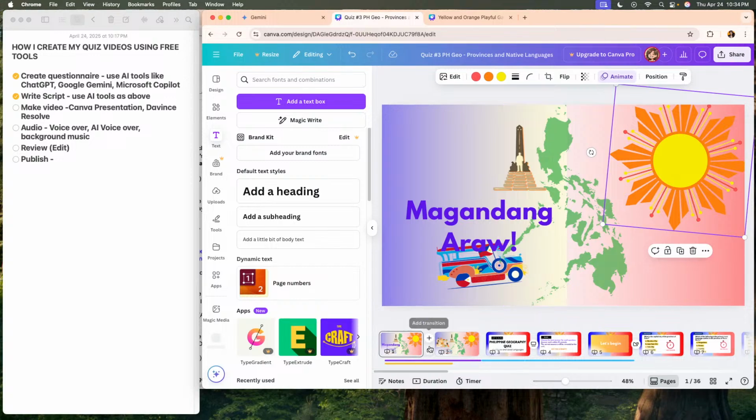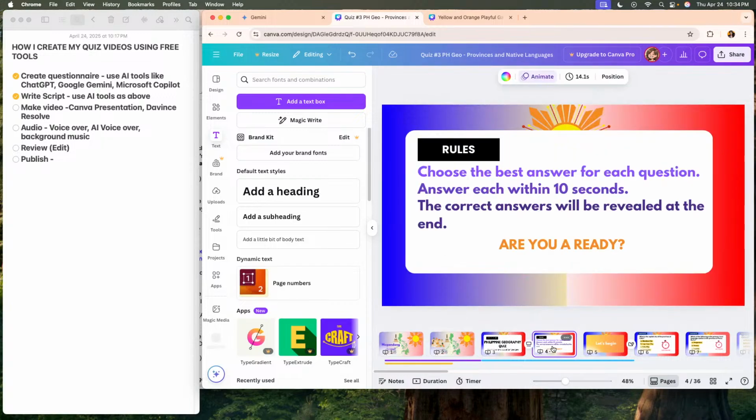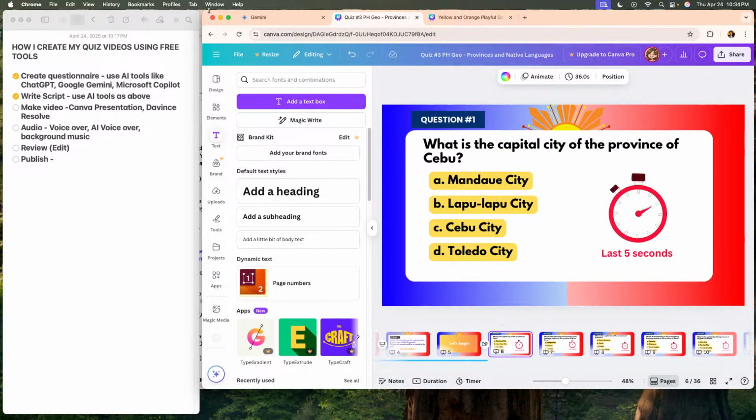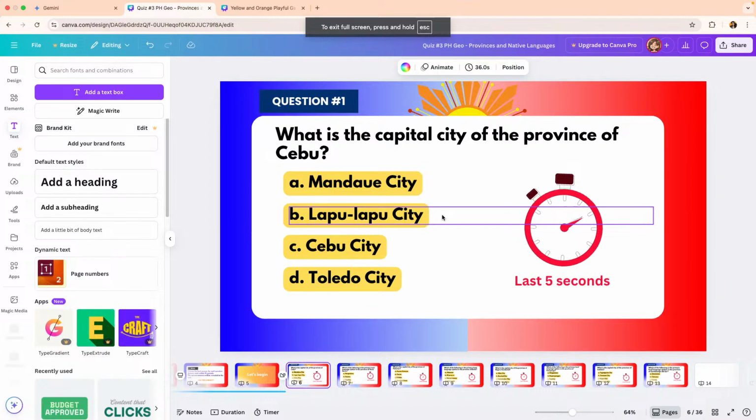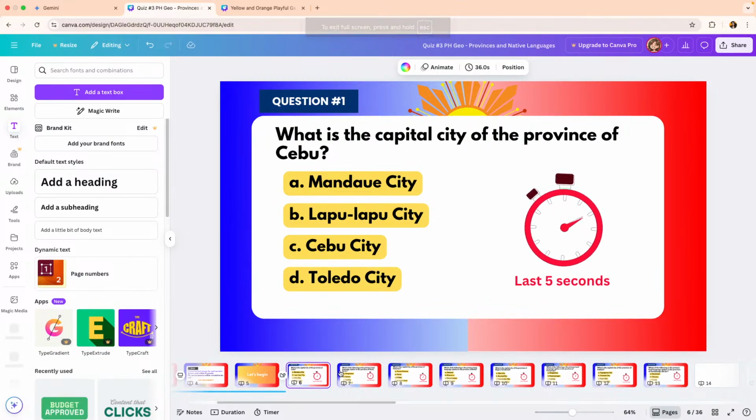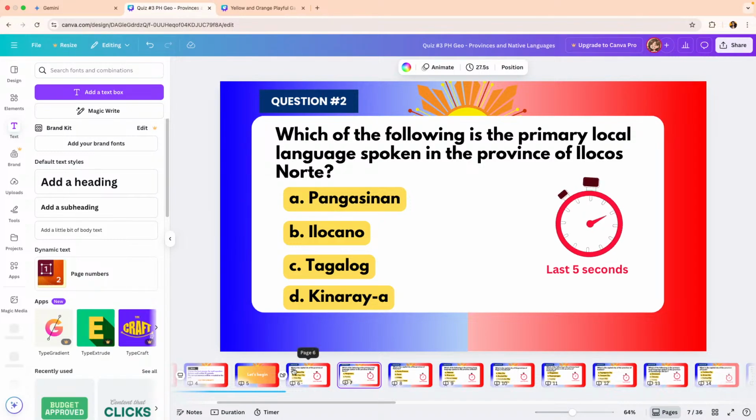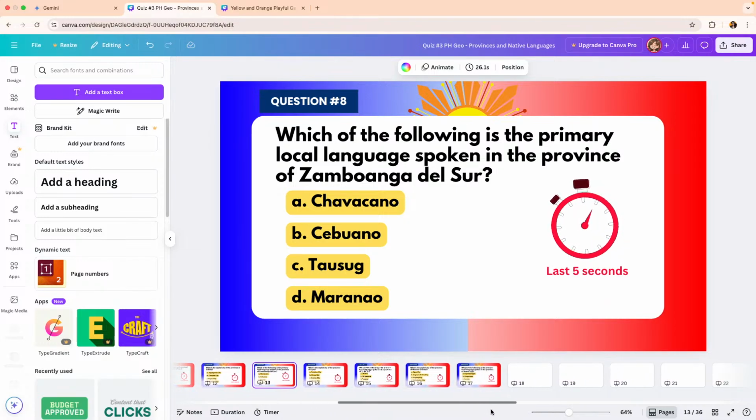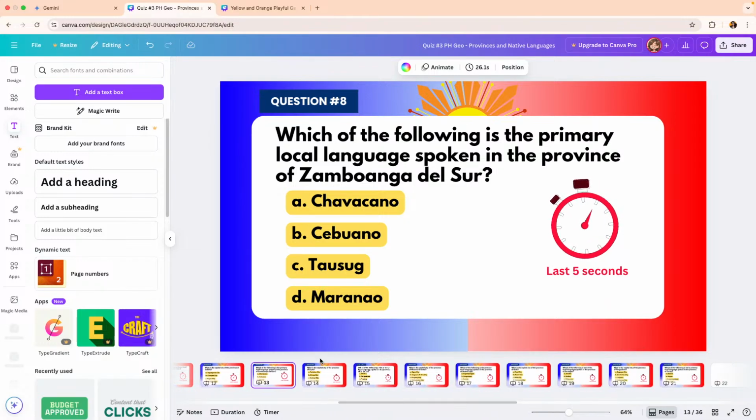Okay, so now that I have this, I already created my slides like so. I already got my questions as well. I think we can do a full screen on this. My template is a little bit different in that I'm not showing the answers right after the question. Instead, I have decided that I'll show all the questions first, and then at the end, I will show the answers. So I find it a little bit easier,